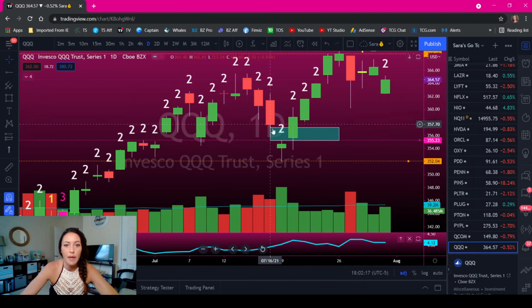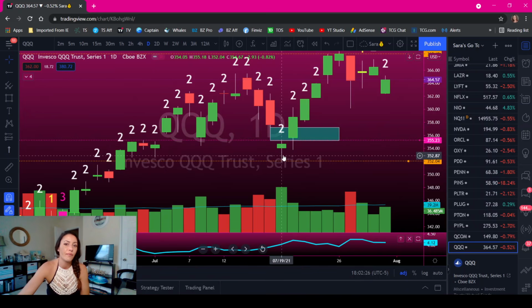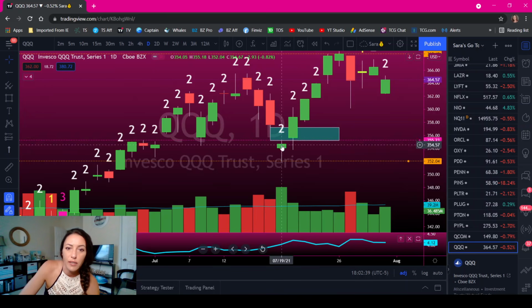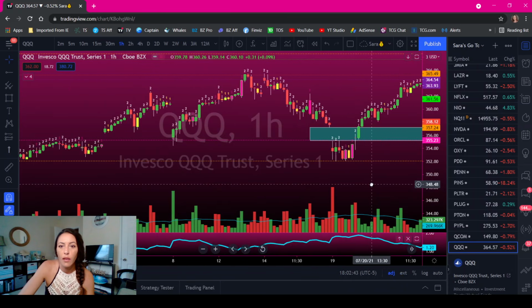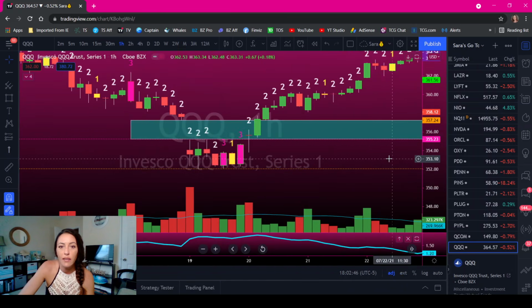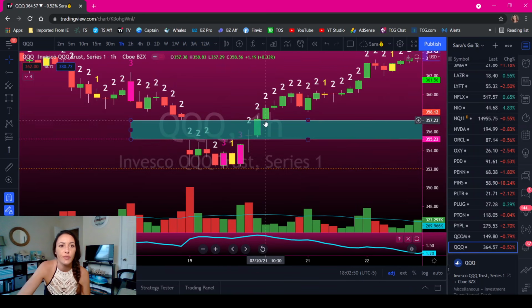So there is the gap. So the low of this day to the high of this day. So we went 2 down, and again, you don't just want to buy it off the bat. You want to wait for a 2-2 reversal or a strat reversal, because we could have just as easily gone another 2 down. So you still want to wait for your strat confirmation. And on that day, the Qs filled the gap in only 2 hours.